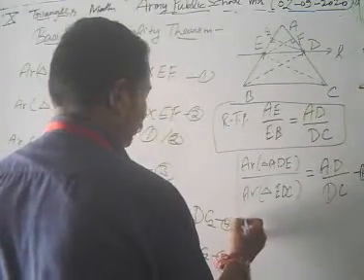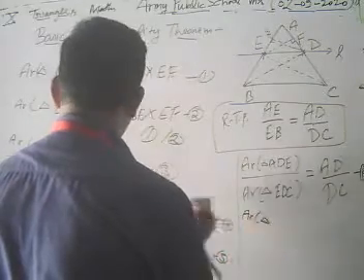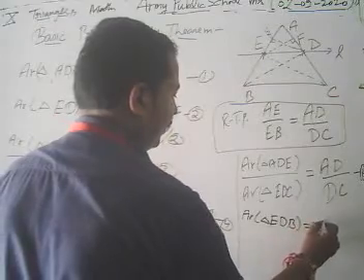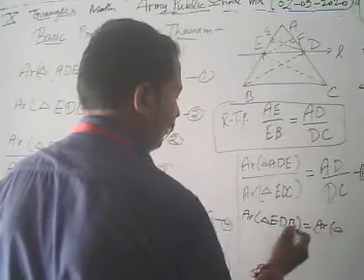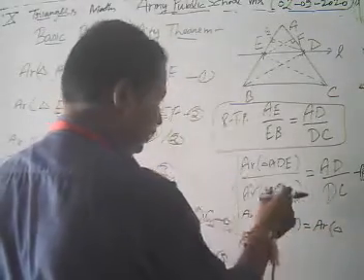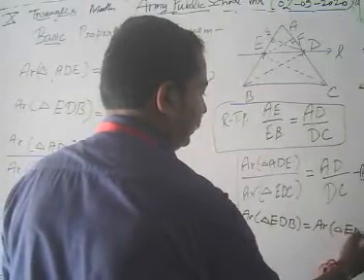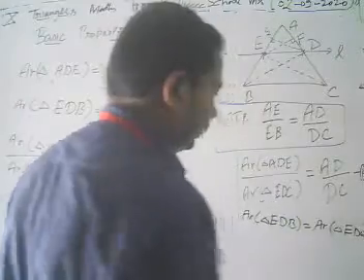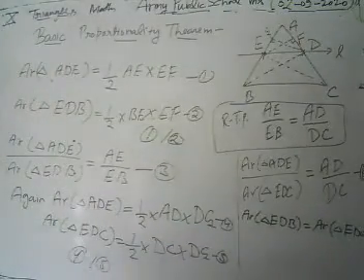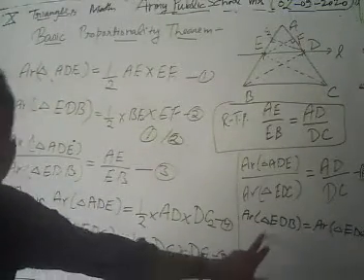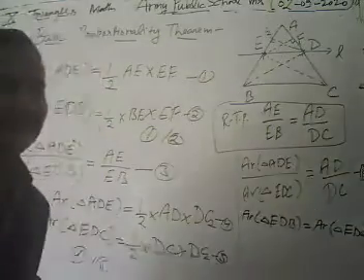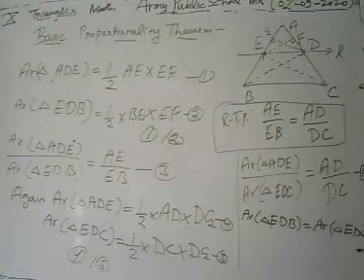Now what do we have? The area of triangle EDB is equal to the area of which triangle? It's EDC. Now these areas of triangles are equal there. Now what do we have? Area of triangle EDB is equal to area of triangle EDC. Now this is our equation number 7.